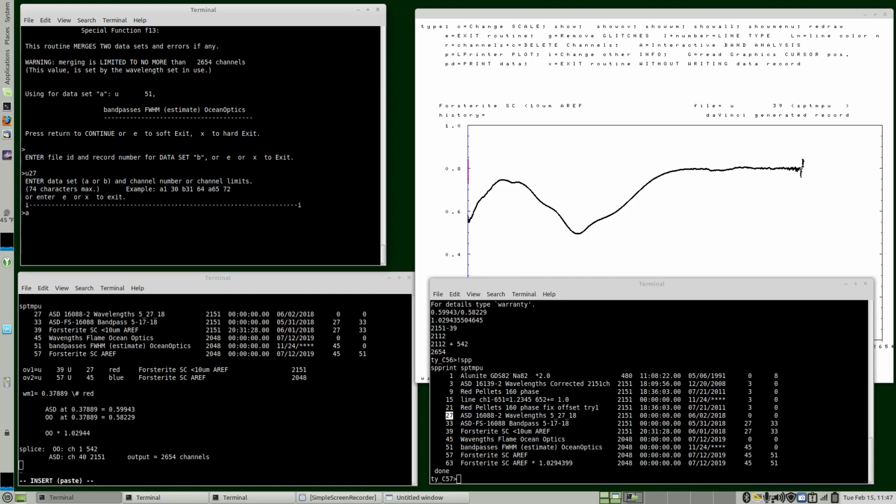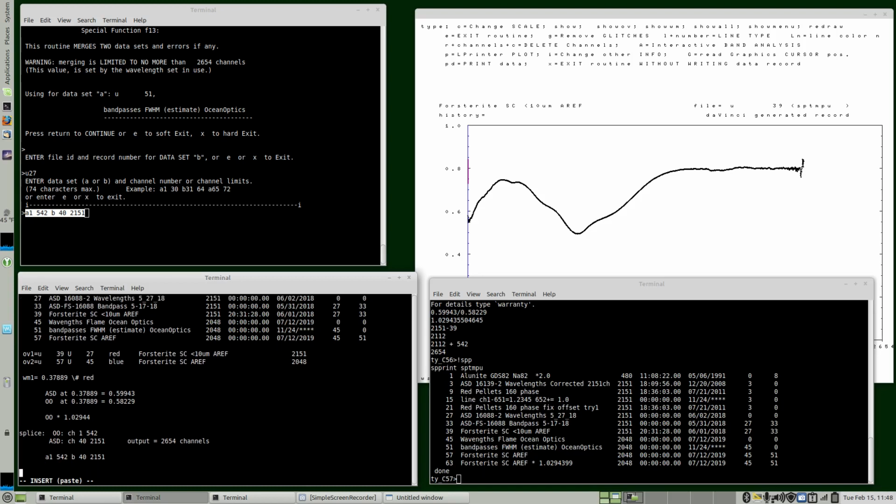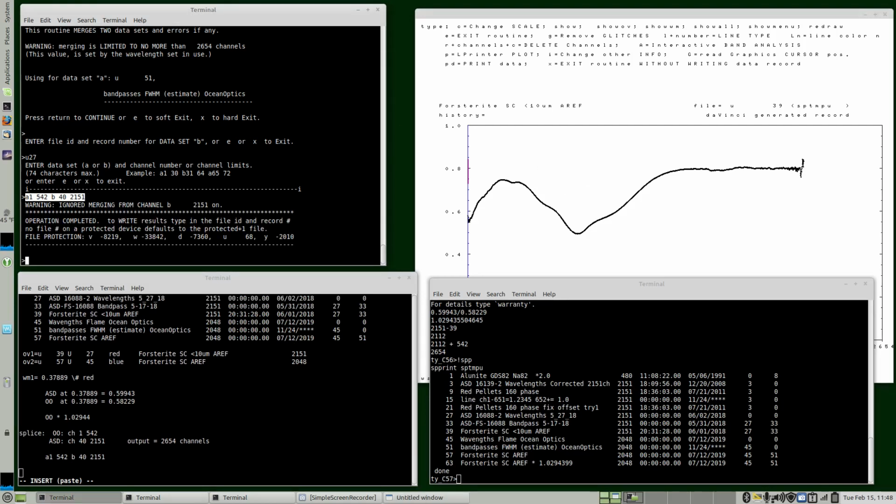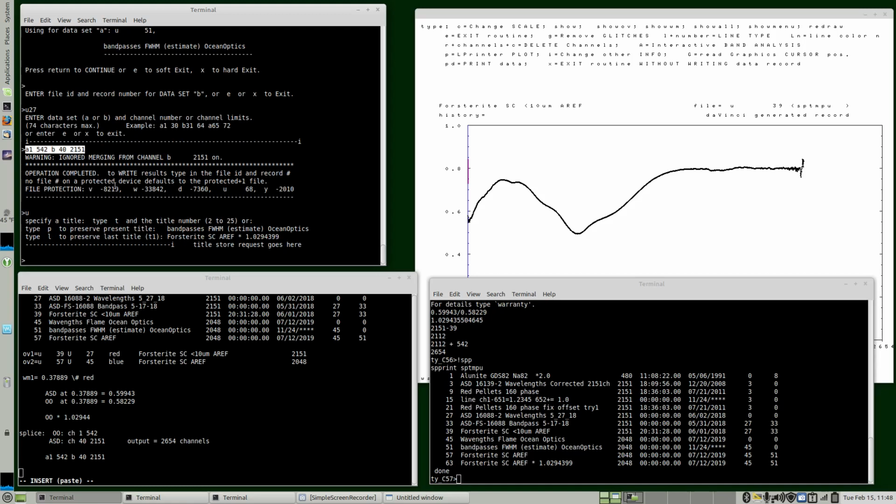So A is the UV, so A 1 through 542, and B is the ASD channels. And now let's save this. Then we can cut and paste it with each splice that we do. We're going to write the results to U, and remember the